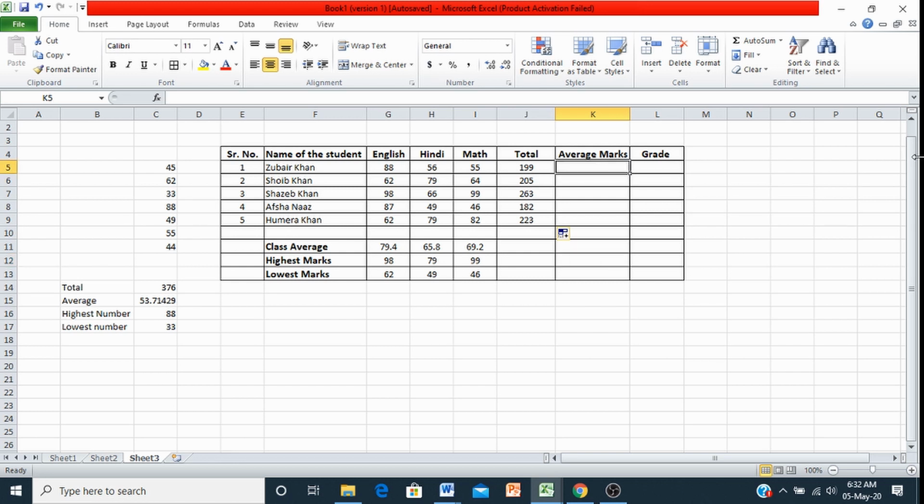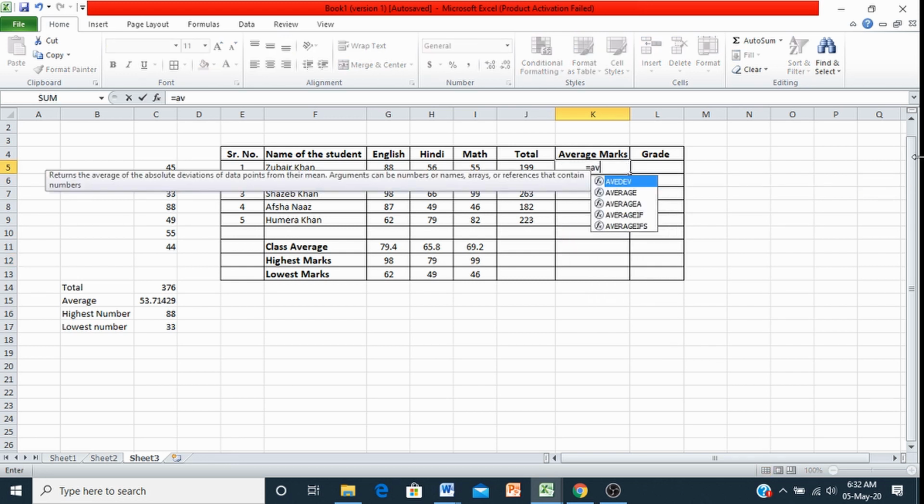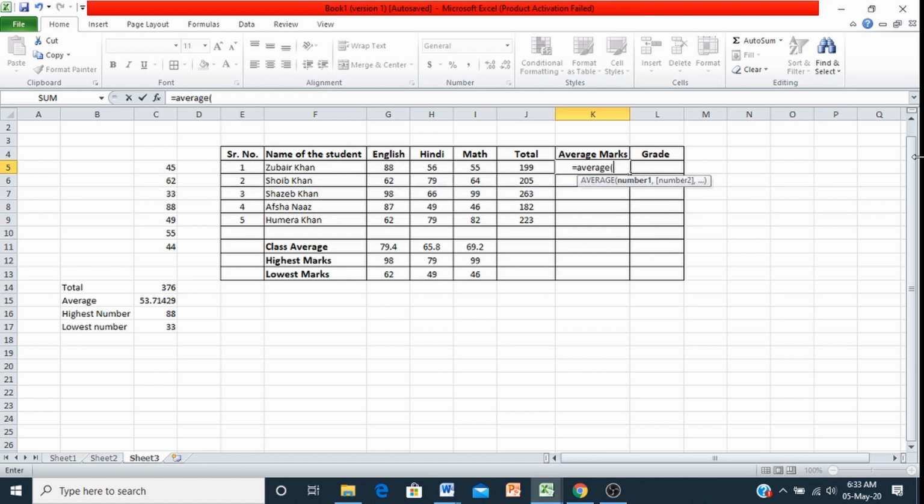For averages, again we put the average function, then open bracket, then select till here, till math, and press enter. So we got the average of Zubair's total. Again we drag it till here, so the average is calculated for all of these students. So we got the class average for each subject, highest marks for each subject, lowest marks for each subject, and also individual averages.